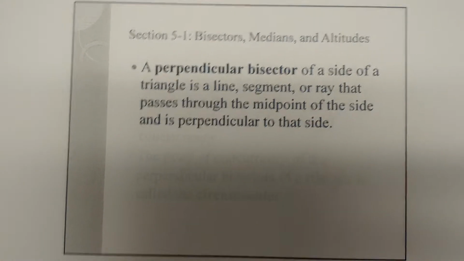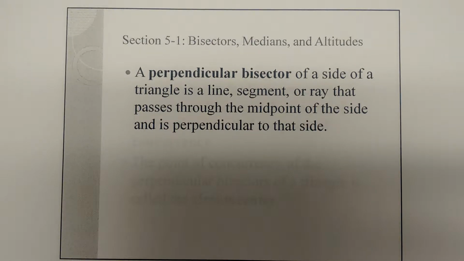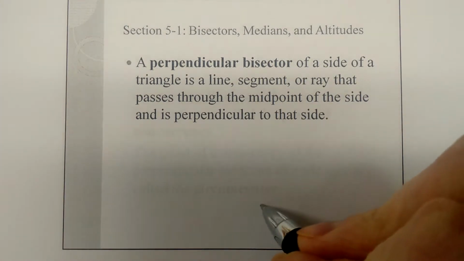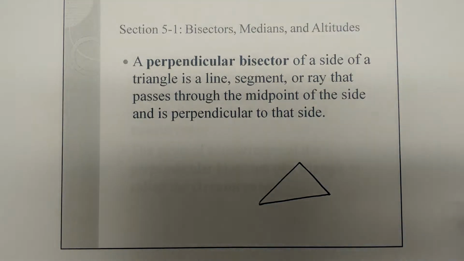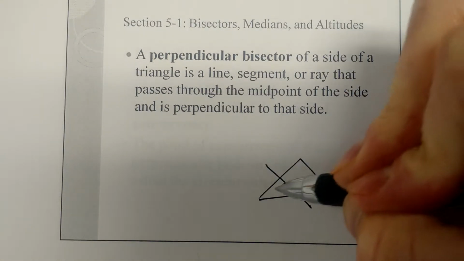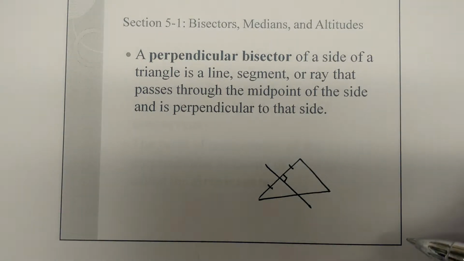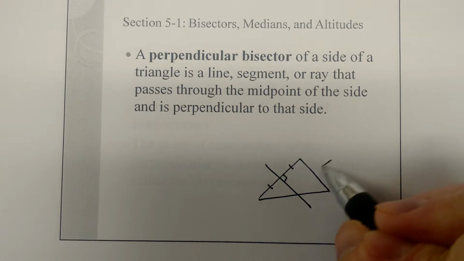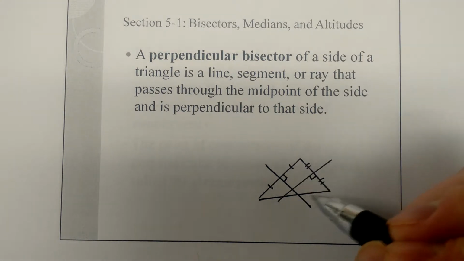So the first one we have here is a perpendicular bisector of a side of a triangle: a line, segment, or ray that passes through the midpoint of the side and is perpendicular to that side. So, for example, if I just draw some nice triangle in here, if I want to make a perpendicular bisector to this side, it's going to go through, cut those two parts equal, and be perpendicular. And there's one of those for each side. So that would be congruent to that. And then the last one,